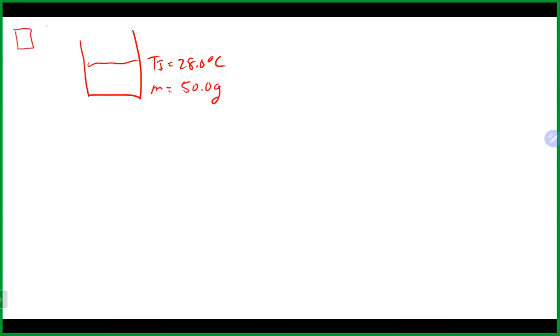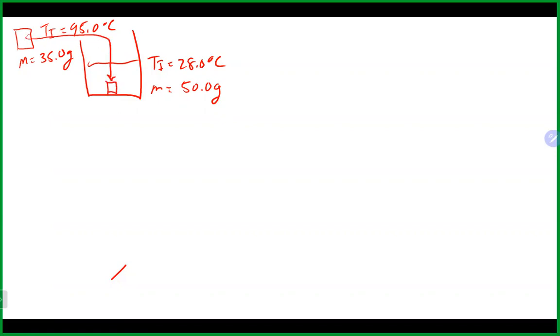And that is, let's say we took a beaker of water, and let's just say we had an initial temperature of 28 degrees. Let's say we had about 50 grams of the water. And let's say we took a piece of metal here that we heated up to like 95 degrees. And let's just say that initially it was like 35 grams of metal. So when I take this piece of metal and I toss it into the water here,